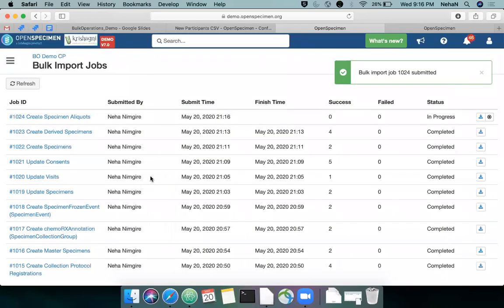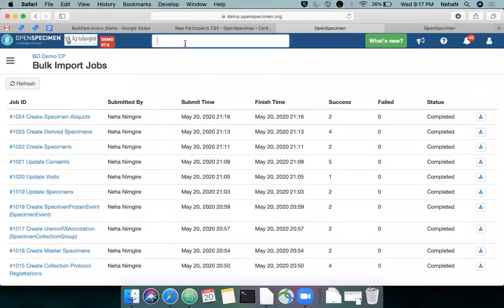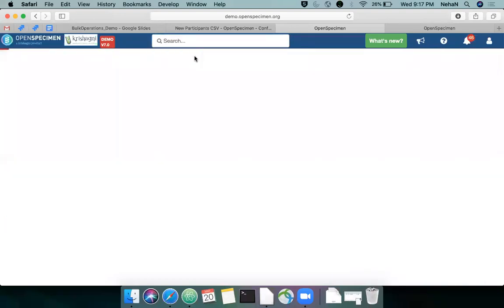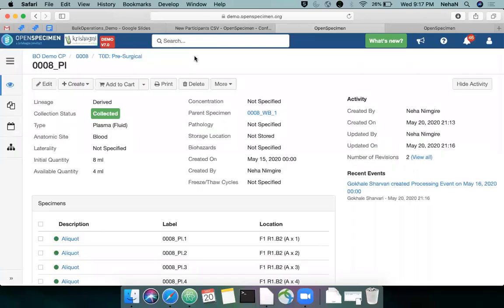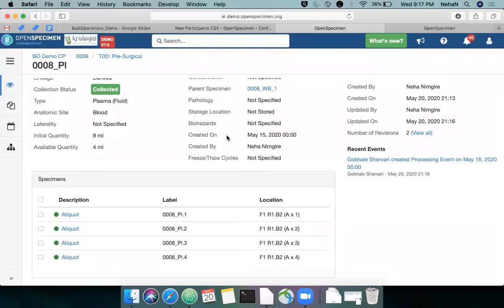Okay, so it's still in process. Okay, so that's created. The reason I am just importing 2 or 3 records is because I don't want to be lagging. So let's create it quickly.